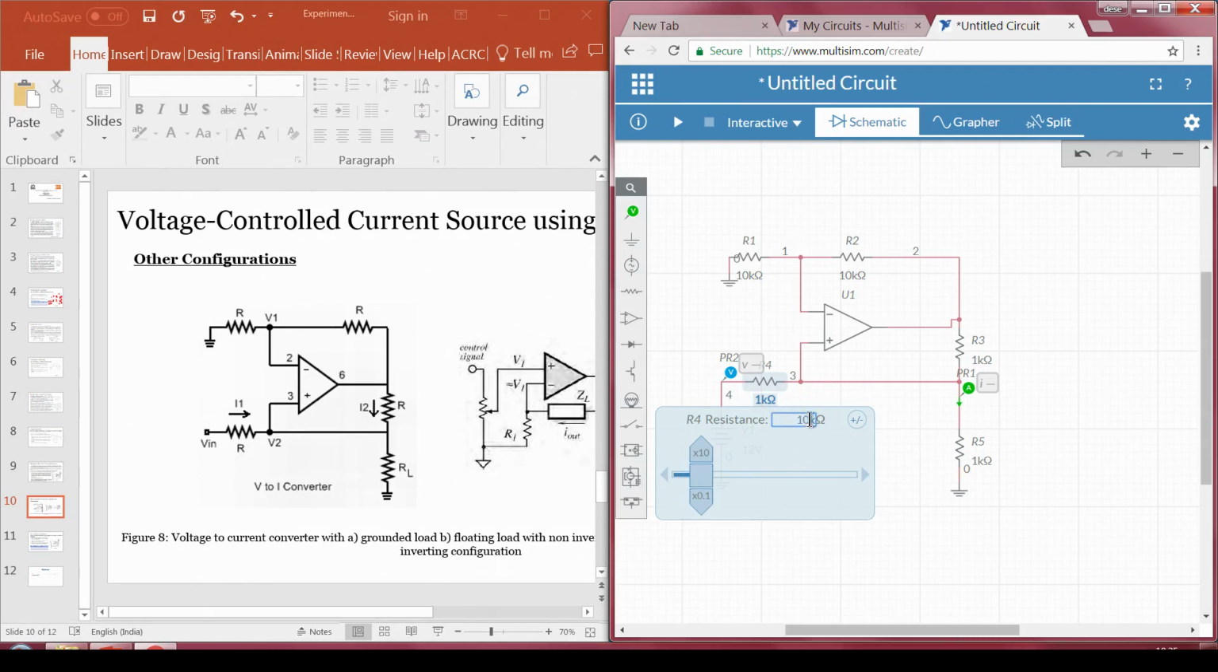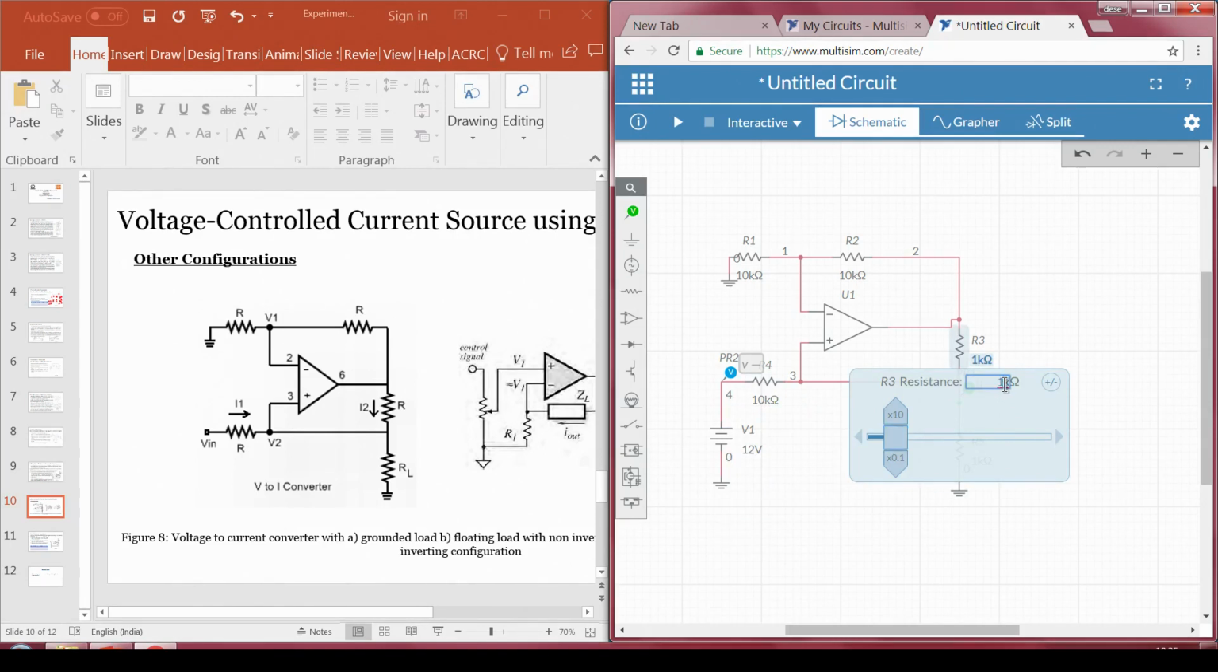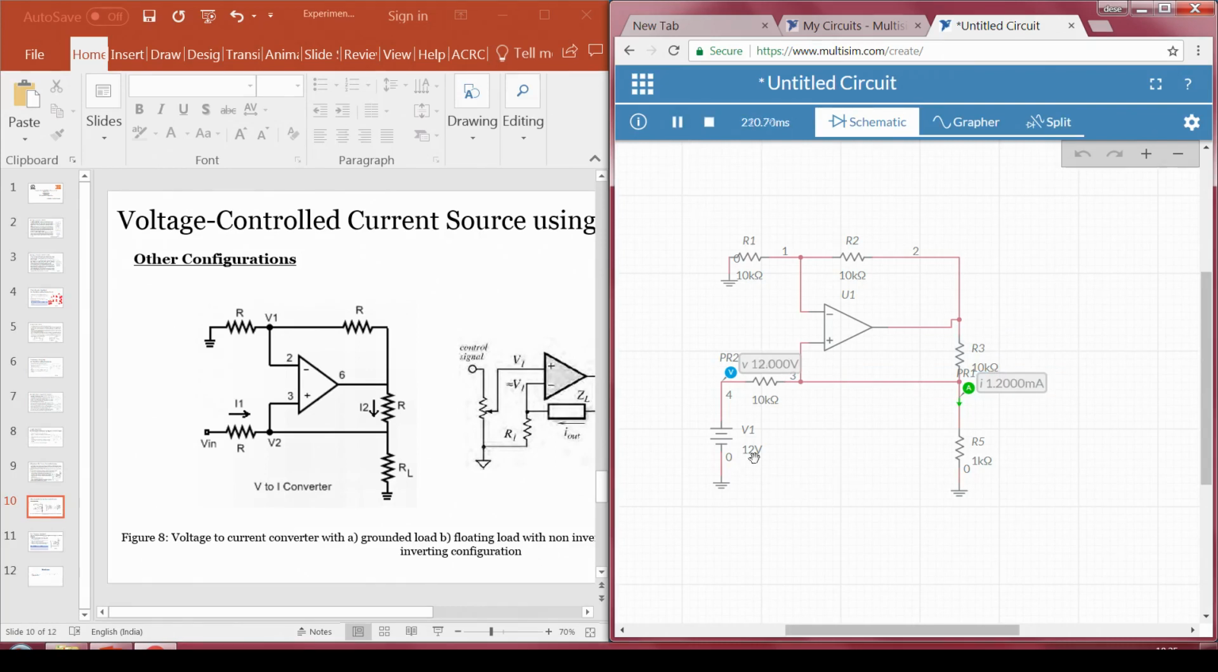So, we are adjusting or writing down the values of the resistor that we want to use, right, 10 kilo ohms. We have our op amp ready. Our load resistor is 1 kilo ohm,